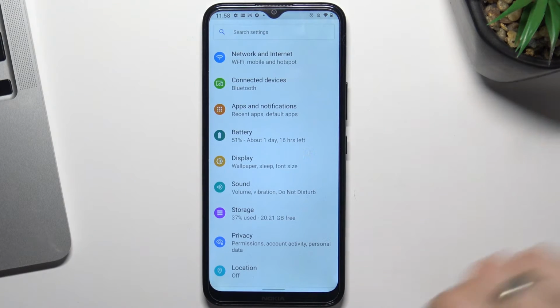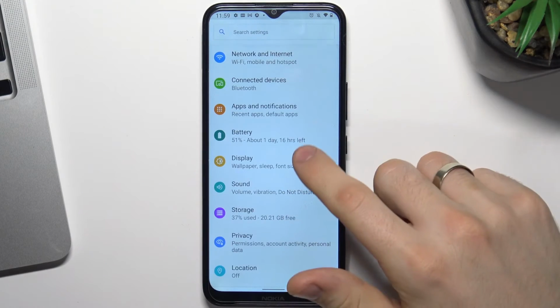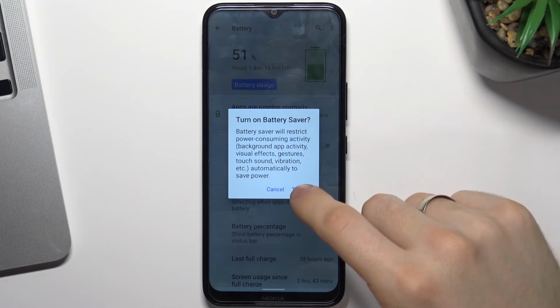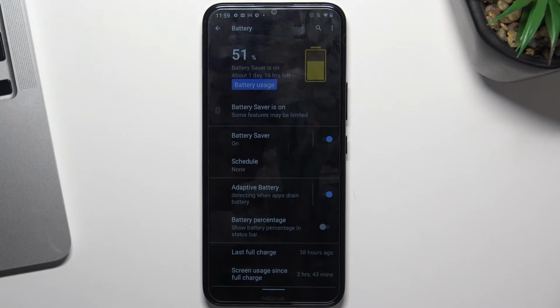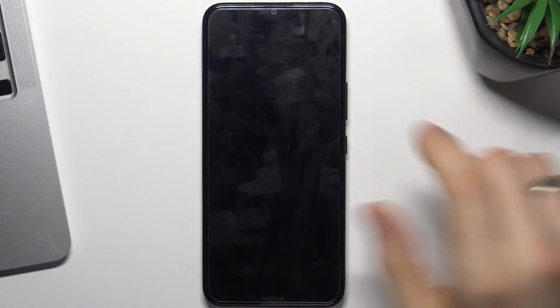Okay, moving on. The next step is to enable power saving mode. In order to enable this mode, open settings, then scroll down, find battery, and here you will see battery saver. Click turn on, and great, we have enabled battery saver mode. In this mode, your device will use less RAM, which means less battery power. In addition, power saving mode reduces the runtime when the screen is enabled, as you can see,